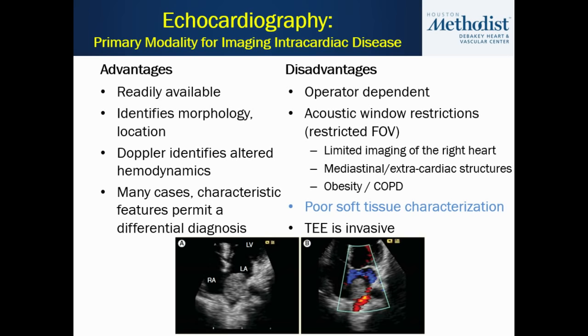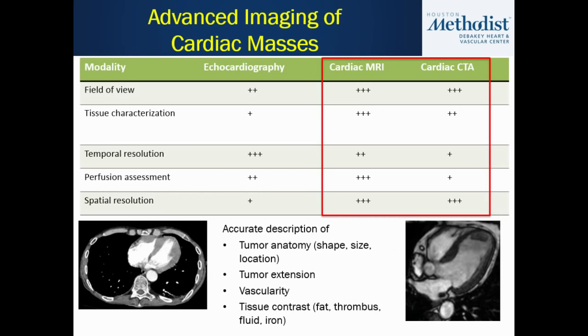The second big problem with it, of course, is its inability to differentiate different tissues, or its poor soft tissue characterization. And so that's really where these other techniques can be very helpful. Cardiac MRI and cardiac CT can be very, very helpful when you need more advanced imaging. Both these techniques, as you know, have a very large field of view, and CT really is king when